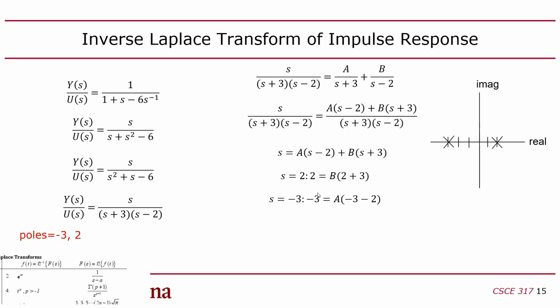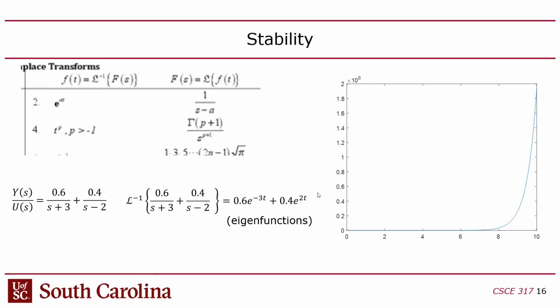So then I get this. This is a and b. A is 3/5 and b is 2/5, right? Then I can do the inverse Laplace transform of this, although it's done in two parts. And these become my, what they're called, eigenfunctions, right? So you can basically use the table. If I take this, which is what I just solved for, and do the inverse Laplace transform, I get, and this is from table lookup,